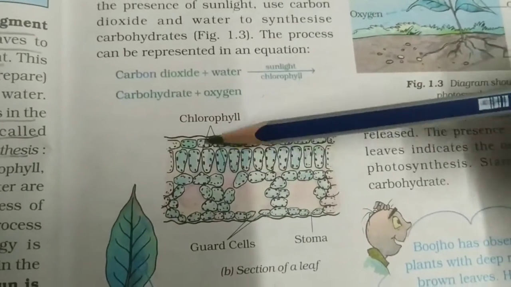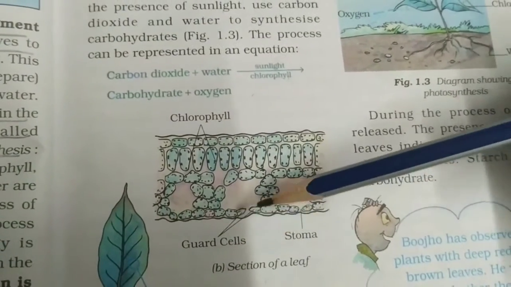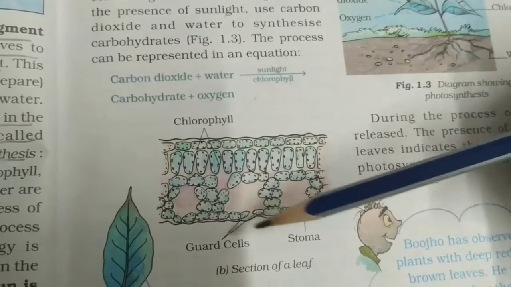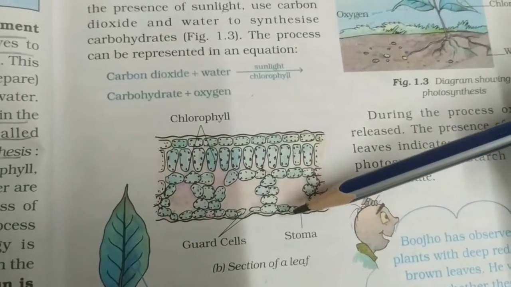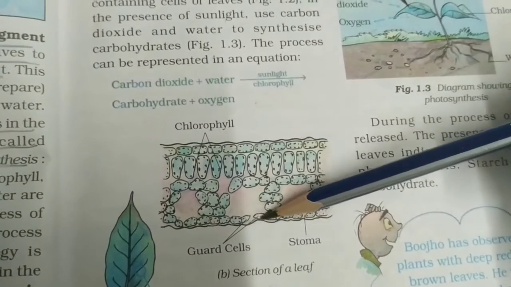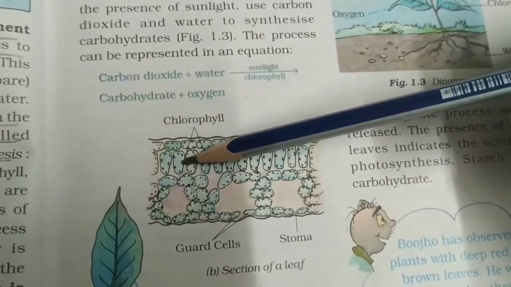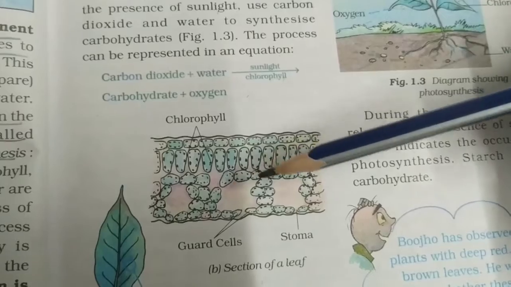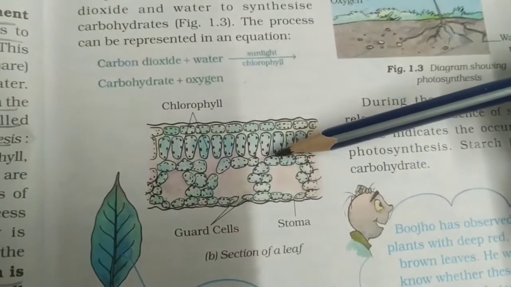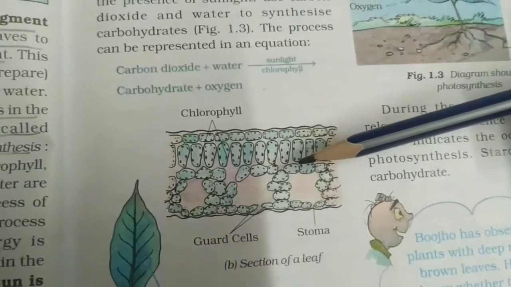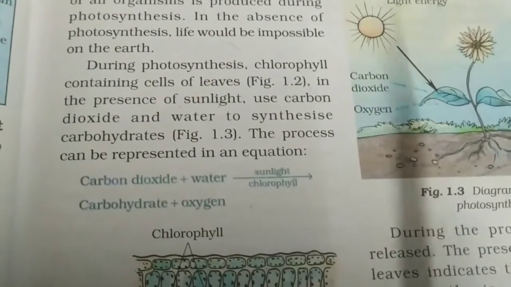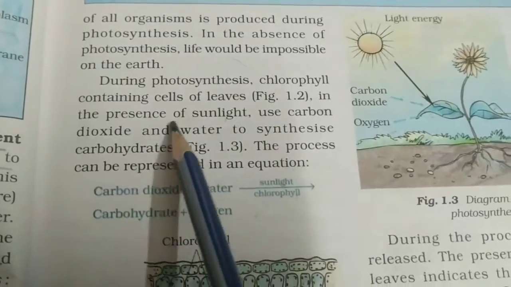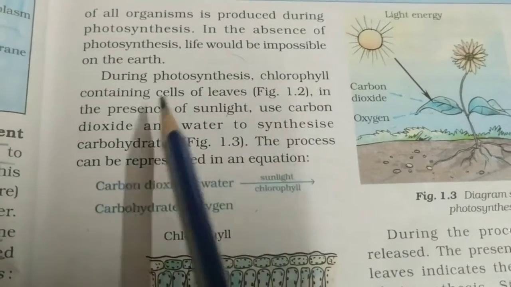You can see these are the chlorophyll cells, and the stomatas, right? These are the stomatas, and these are the guard cells of these stomatas. And this is the chlorophyll containing cells. This is a section of a leaf, which you can see only when you put it under a microscope. Okay, so now they're telling us here, these chlorophyll containing cells of leaves in the presence of